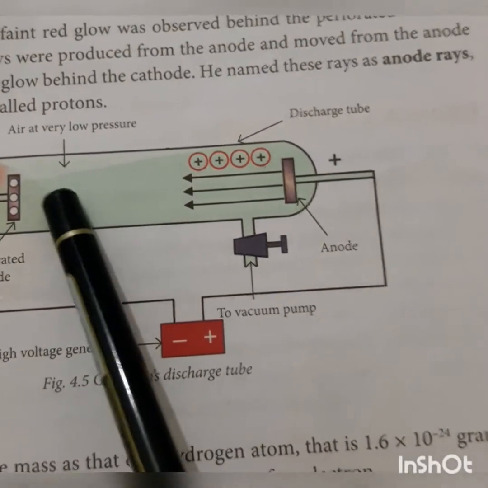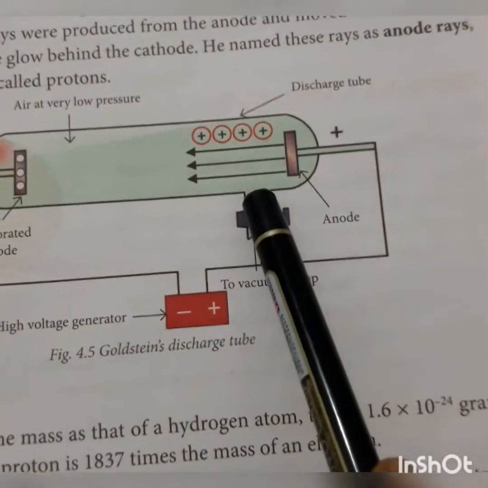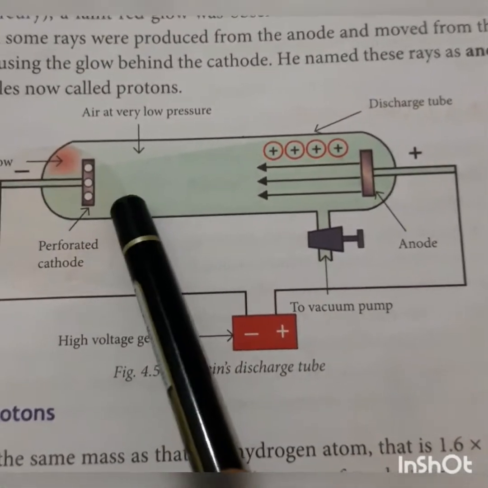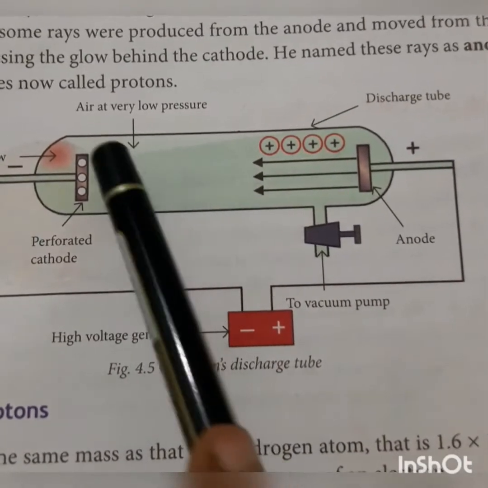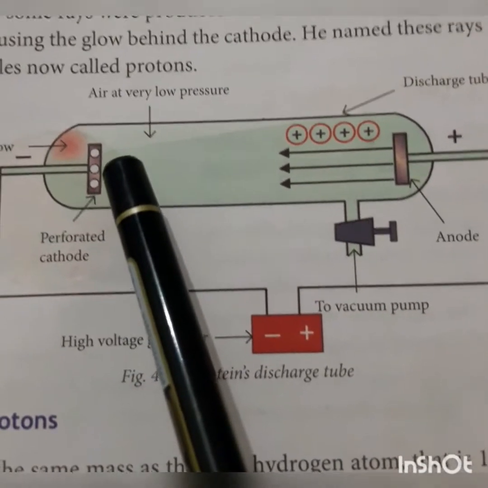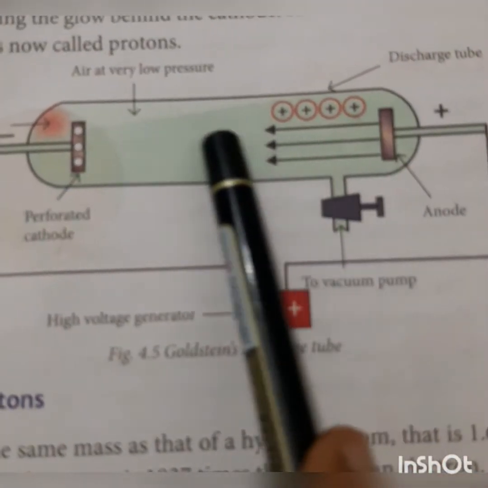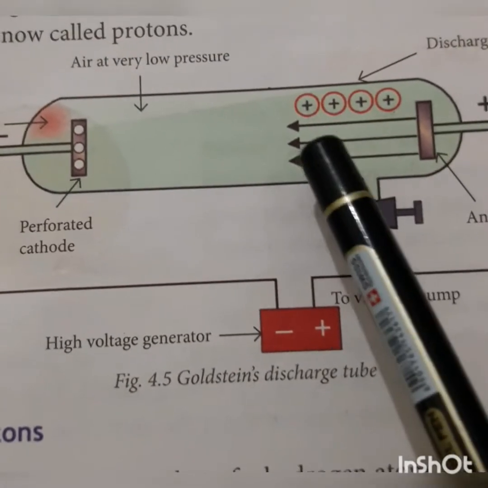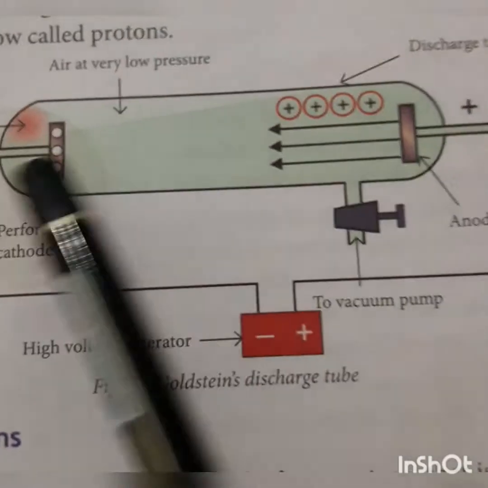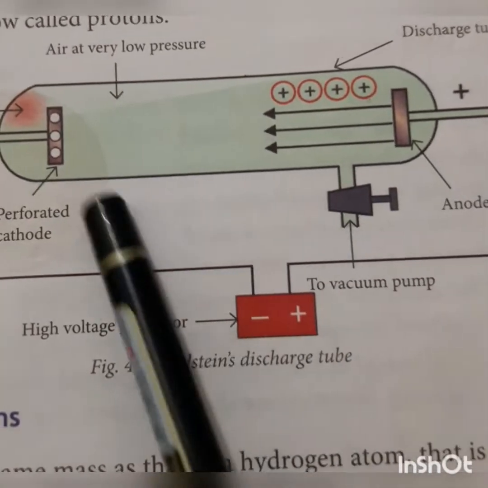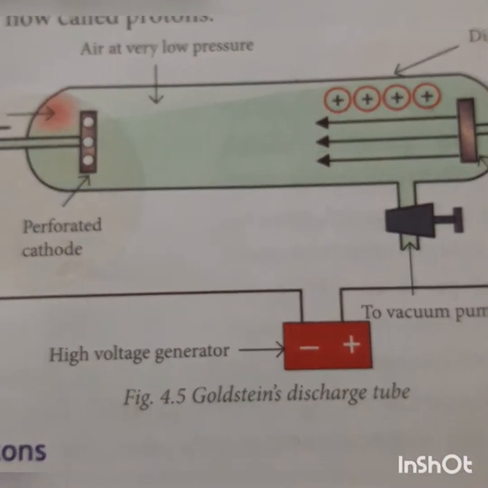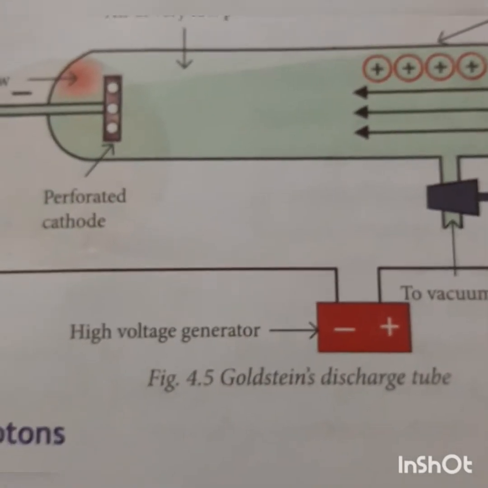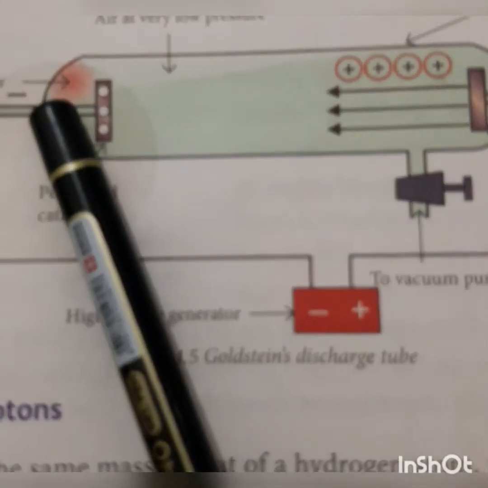Goldstein performed an experiment by using the discharge tube containing a perforated cathode. Perforated means having gaps or spaces in between, so as to allow the anode rays to pass through it. When a high voltage, about 10,000 volt of electric current was passed through this cathode, and air inside the discharge tube kept at a very low pressure, about 0.001 millimeter of mercury, a faint red glow was observed behind